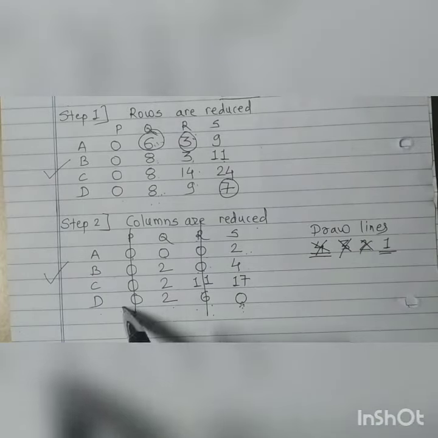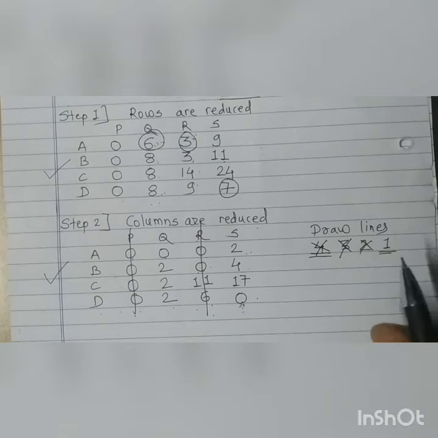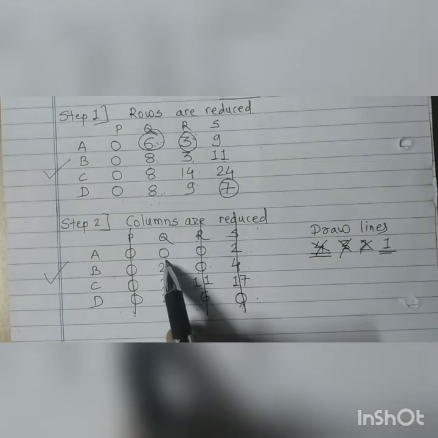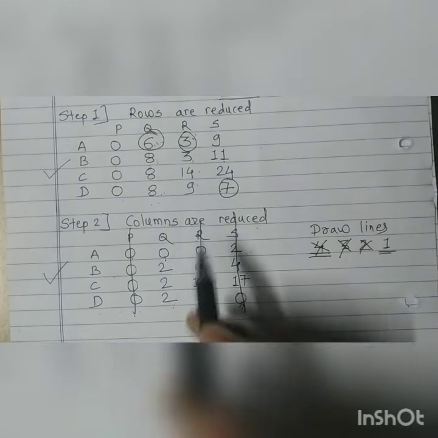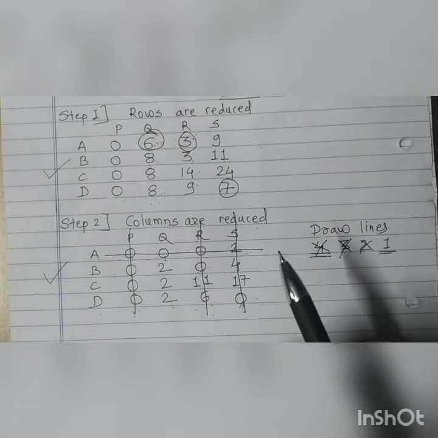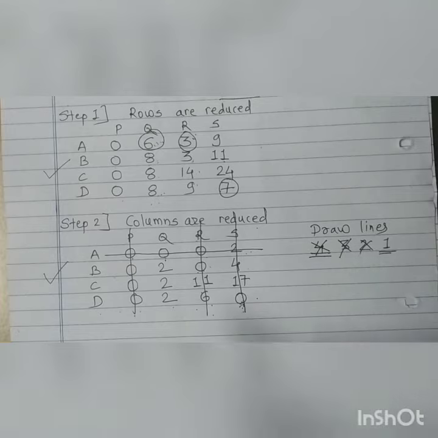Yes. 1 0 is here, 1 0 is here. So for covering this 0, I can draw a vertical line or I can draw a horizontal line, depends on the student. So here I will draw a vertical line. Here also for covering this 0, I can draw a vertical line or I can draw a horizontal line. Here for change, I will draw a horizontal line. It doesn't make any difference. If you draw a vertical line, then also good.